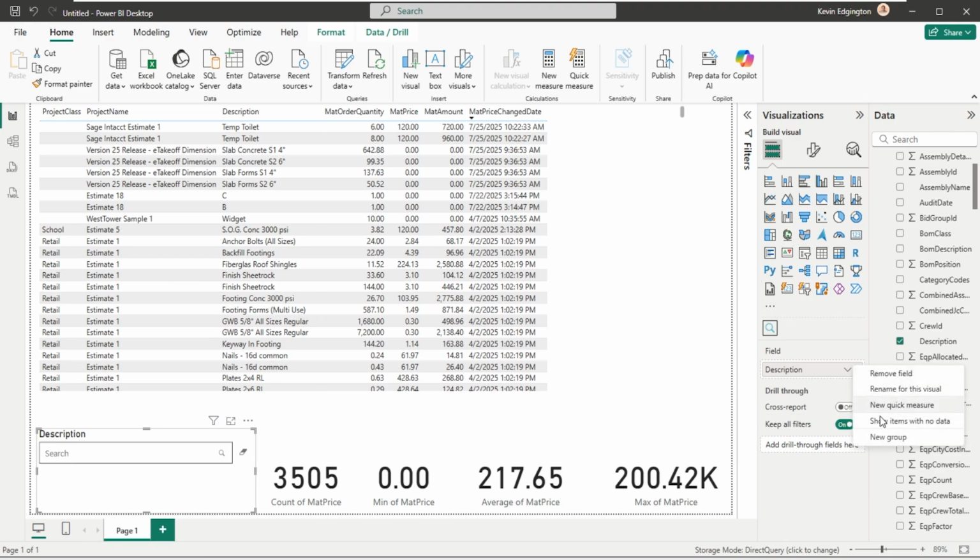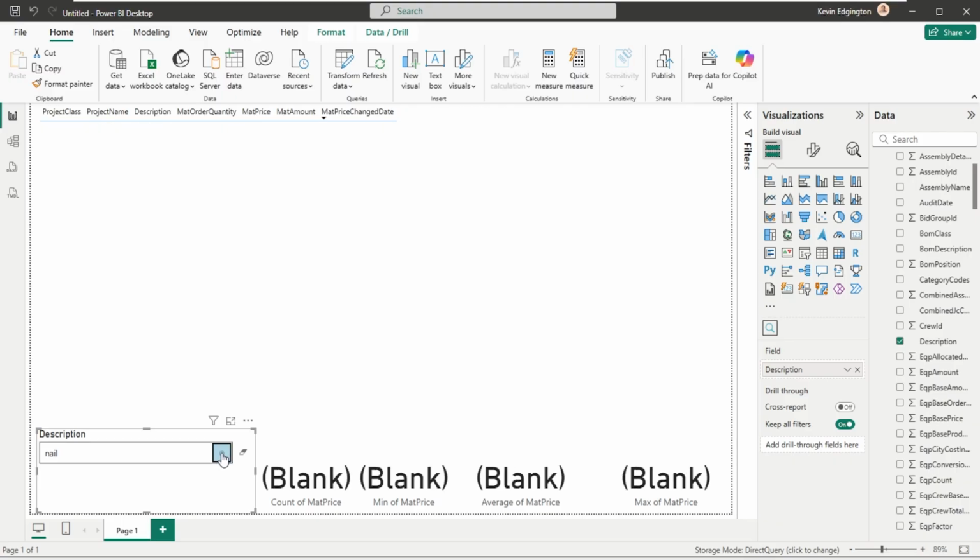Move field, rename, quick measure, group. Oh, I don't think I hit the button. Nail. Hit the button. I don't have any estimates out there.